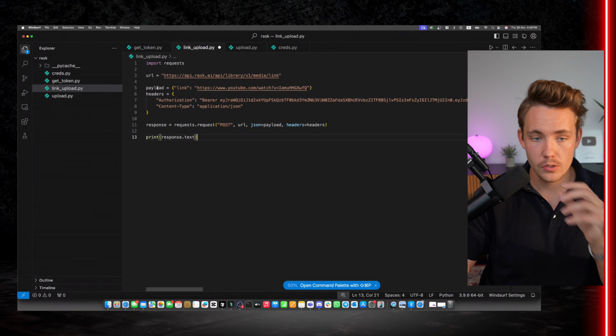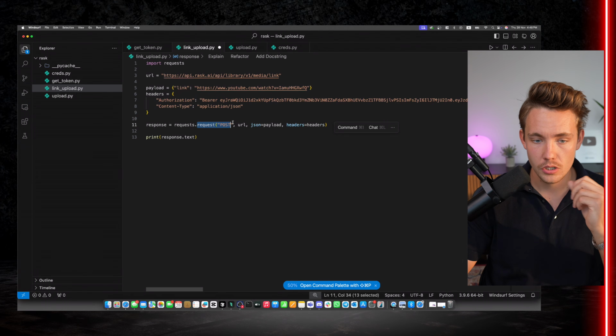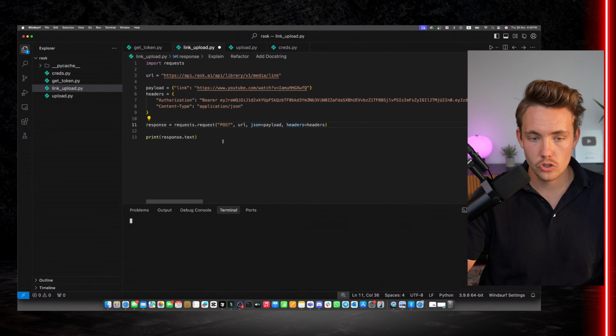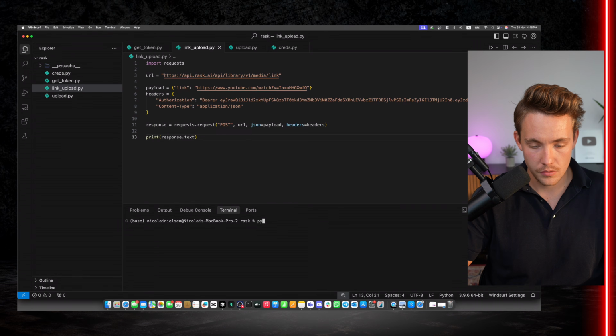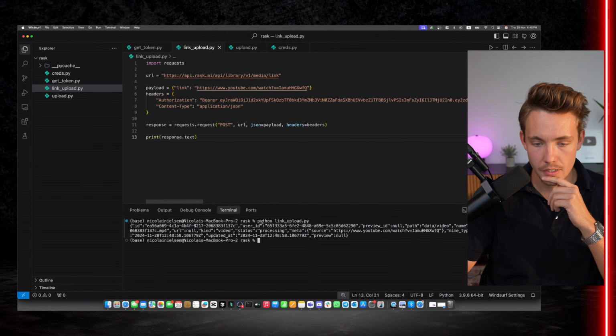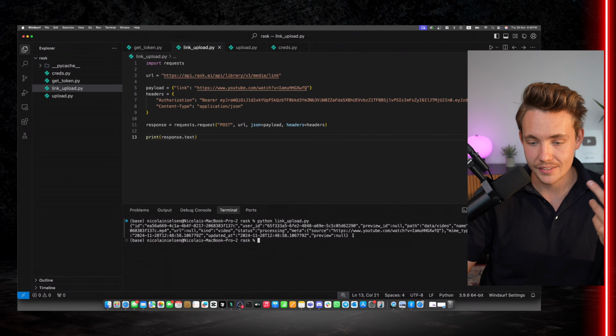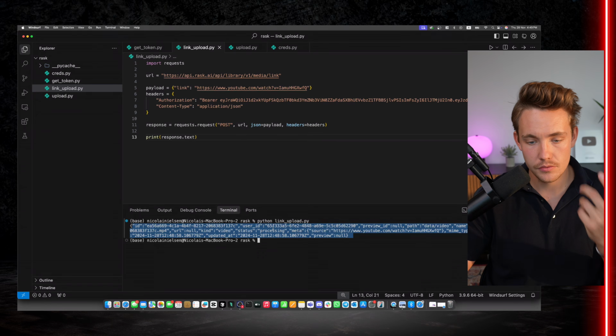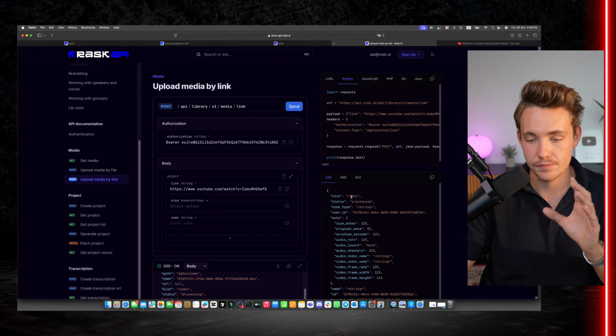We'll get our payload, we have our headers, and then we have a response. We send a request. This is a post request. We have the URL, we have the payload, and also the headers, and then we'll get a response back with our text. So let's just open a terminal here. Let's save the program. We call Python link upload. There we go. We run the application, and we print the response back. We can see we actually just get the exact same thing back. We get 200, get the ID, user ID, and so on,